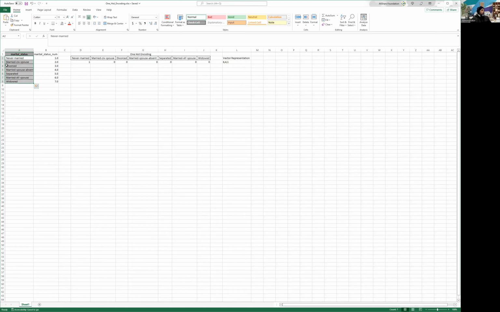So in this case, it's going to assign never married as 1. The next value is going to be 2, the third one 3. So that's more like converting them into the key format, right? You can see we have a key against each value, which is unique to that value. All right, now what